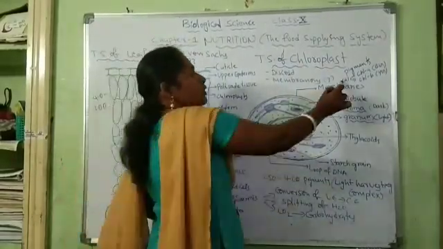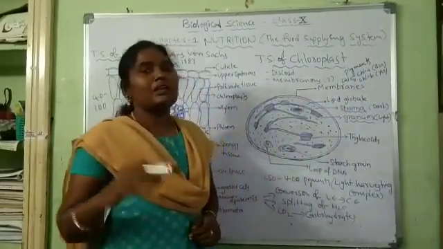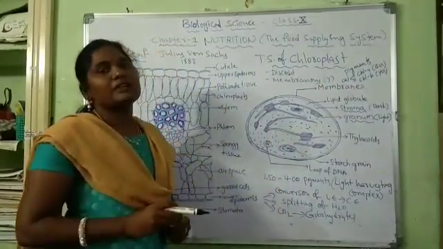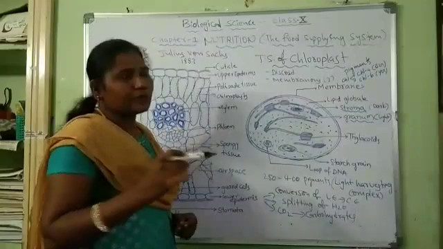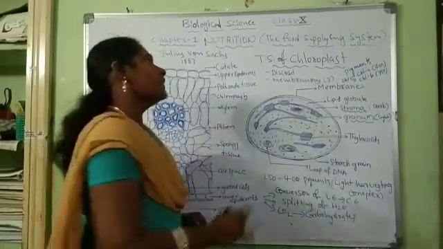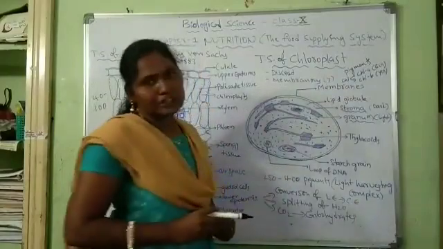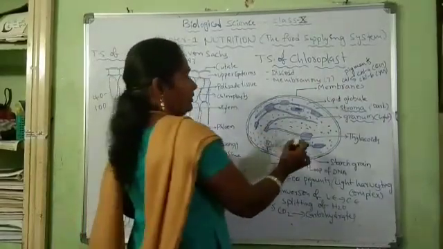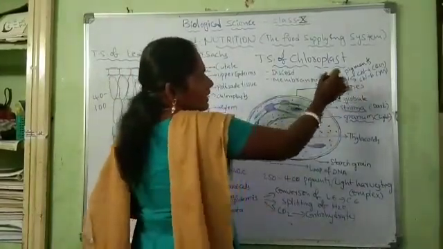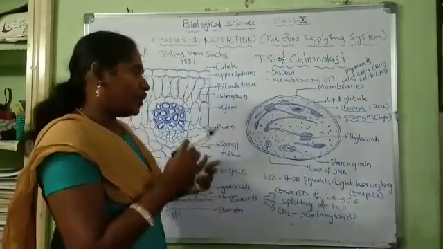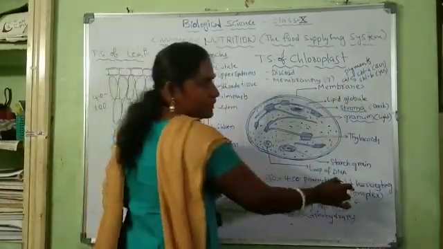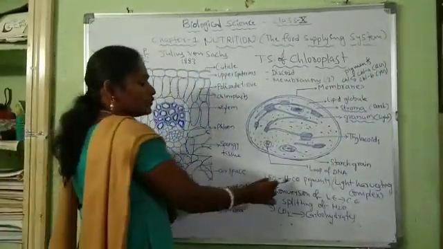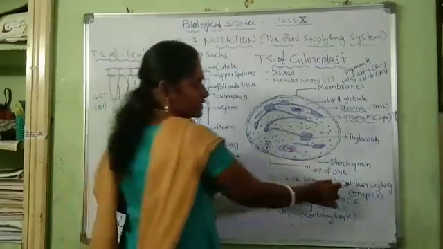Here the chlorophyll is similar in structure to the heme of hemoglobin. You know hemoglobin is a pigment of the blood which transports oxygen in the blood. Chlorophyll contains one atom of magnesium and hemoglobin contains one atom of iron. Chlorophyll and many other colored substances are together formed as a light harvesting complex. It is also called a photosynthetic unit. Nearly 250 to 400 pigments are present in one photosynthetic unit.